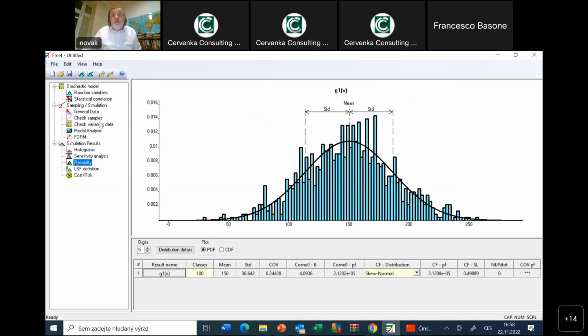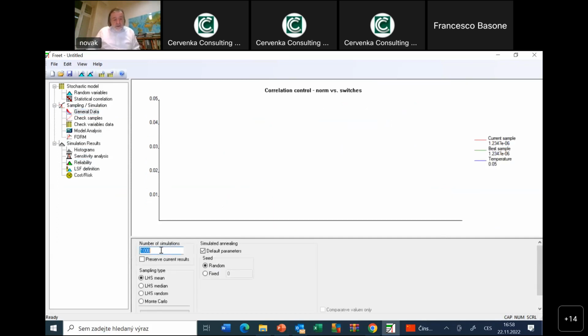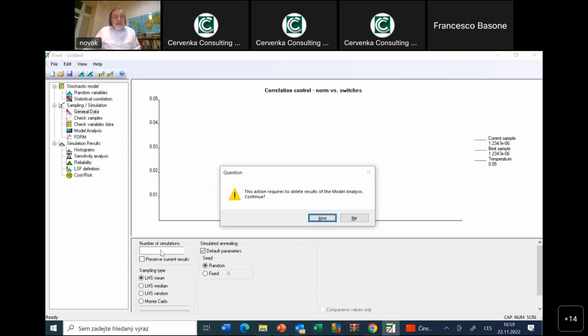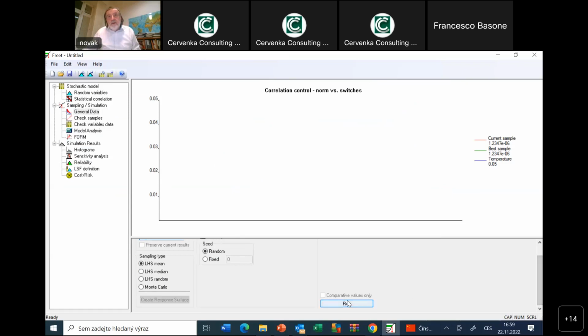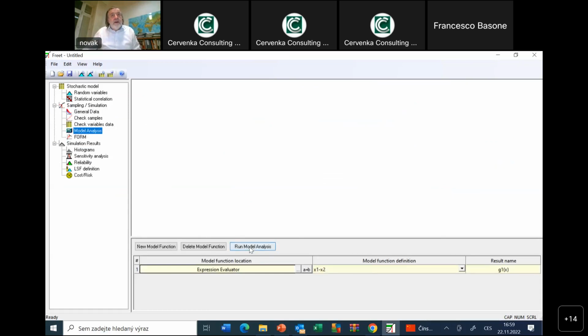Because we didn't have so many simulations. In this case, we can do that because we have a simple function. In case of ATENA, we should rely on this probability estimate. So I will show you a very artificial case with really a lot of simulations, 100,000, right? So random analysis: I'm doing 100,000 simulations and calculating